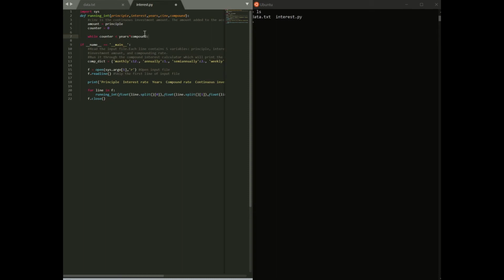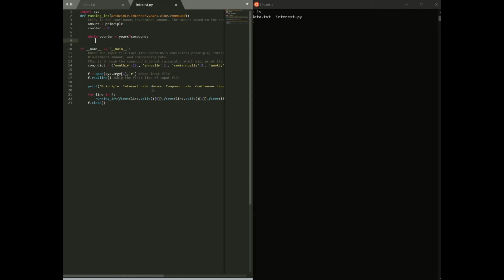Every compounding period, it's going to add the corresponding amount to the account. So I just have amount equals amount plus amount times interest times 0.01, because it's in percent and I have to convert it to a fraction,